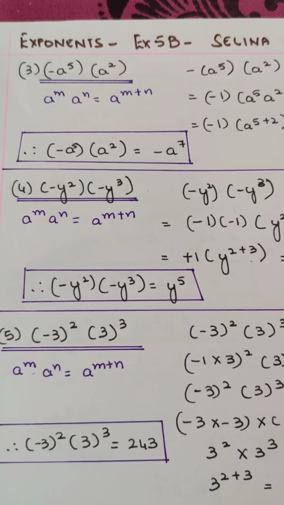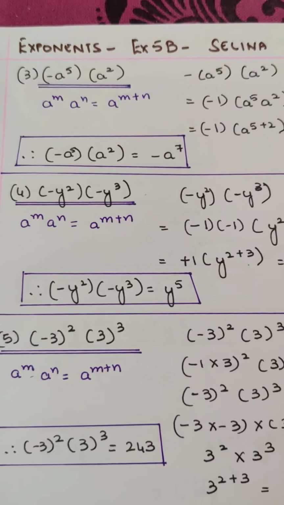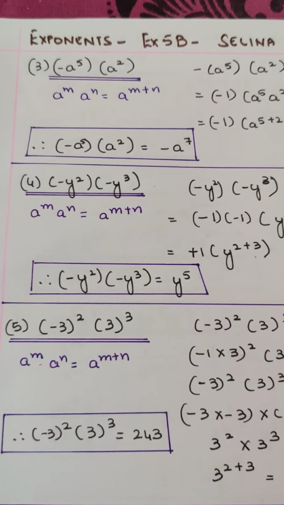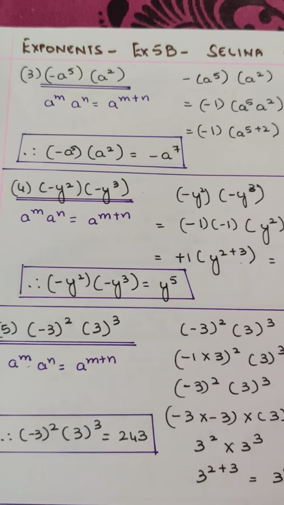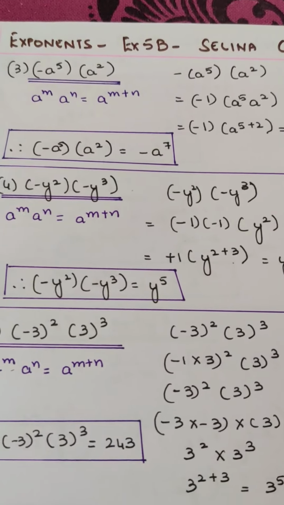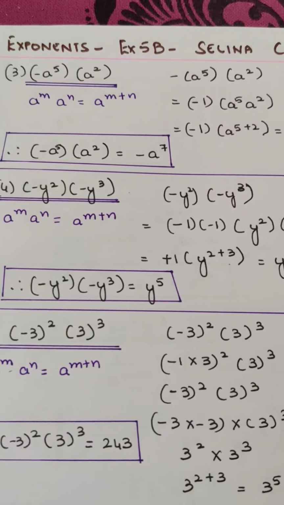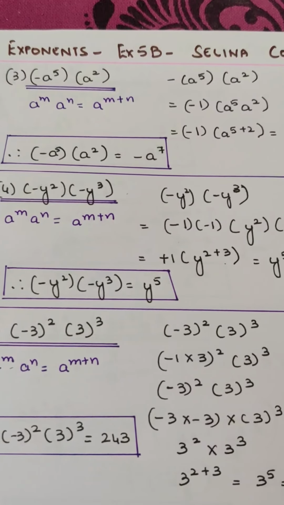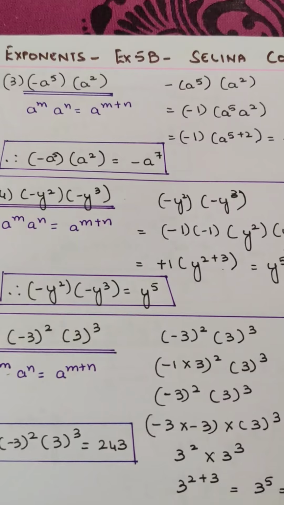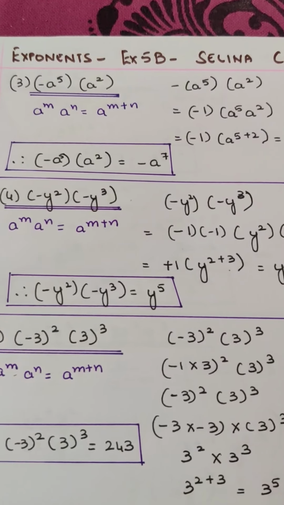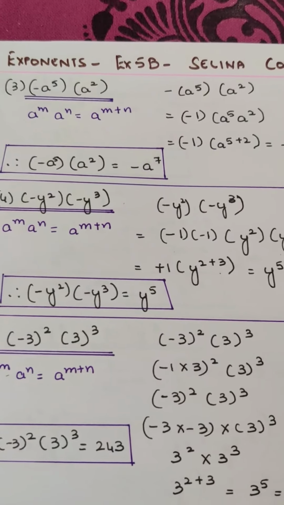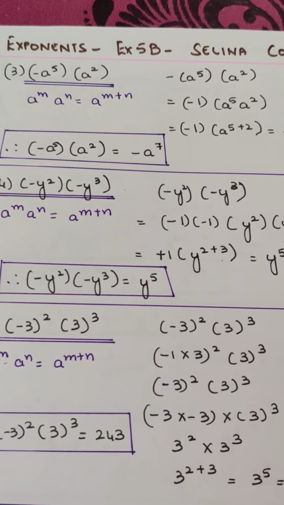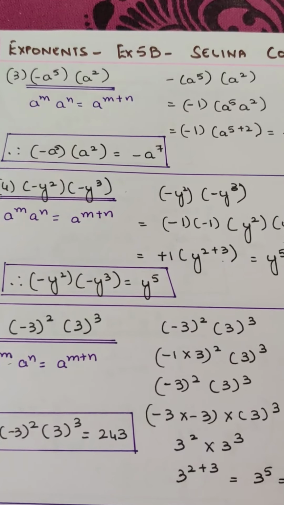Now, minus 3 square into 3 to the power of 3, that is 3 cube. Again the product law, a to the power of m into a to the power of n is equal to a to the power of m plus n. Alright, so here you get minus 3, so you take it as minus 1 into 3, the whole to the power of 2, into 3 cube. So minus 3 the whole square into 3 cube. Minus 3 into minus 3 is what? 3 square, because minus into minus becomes plus, into 3 cube. So it becomes 3 square into 3 cube. So you get 3 to the power of 2 plus 3.